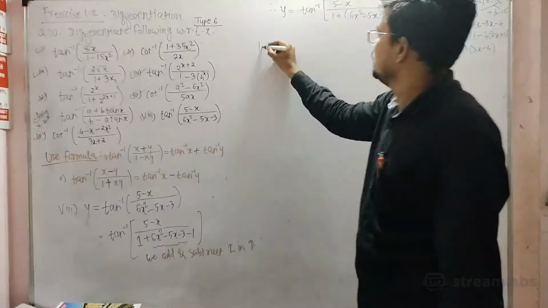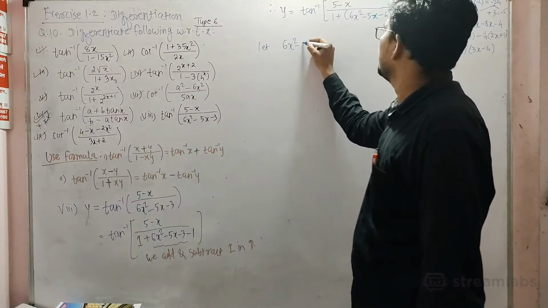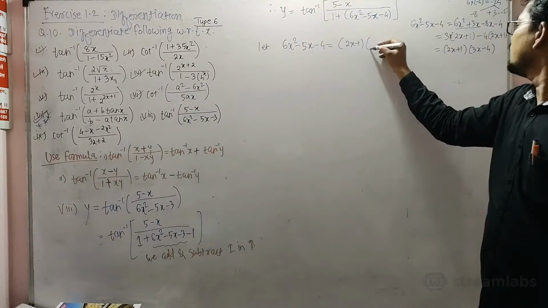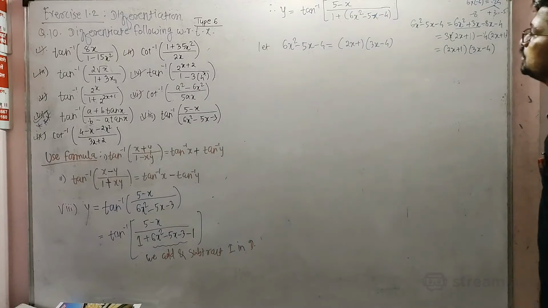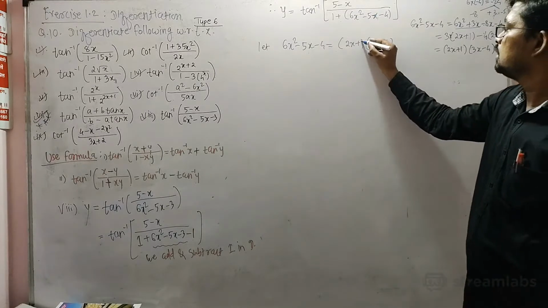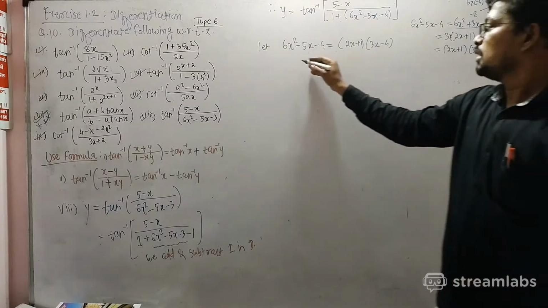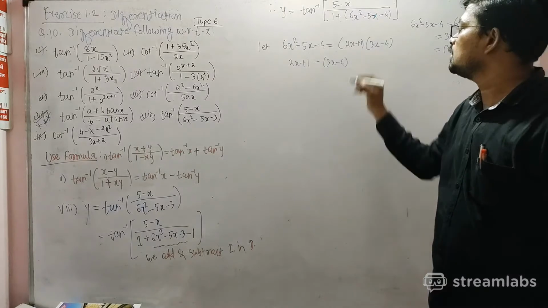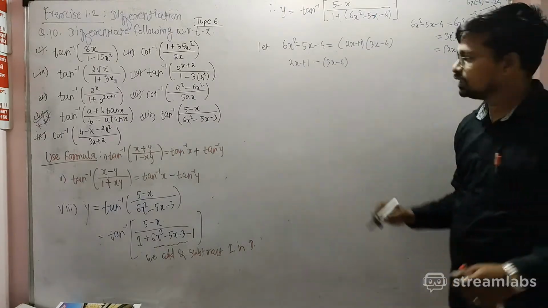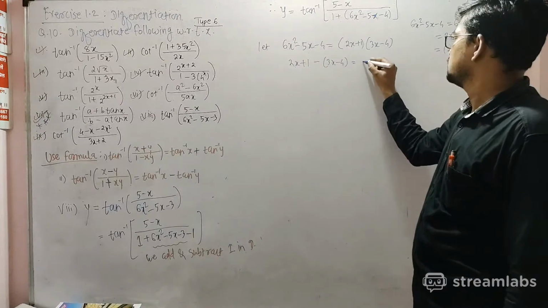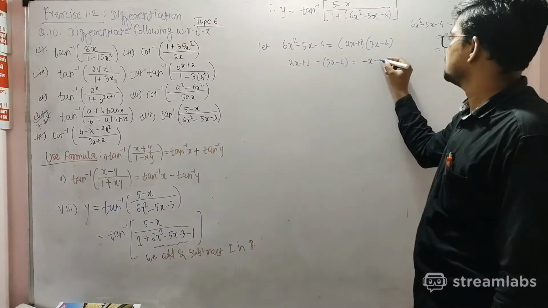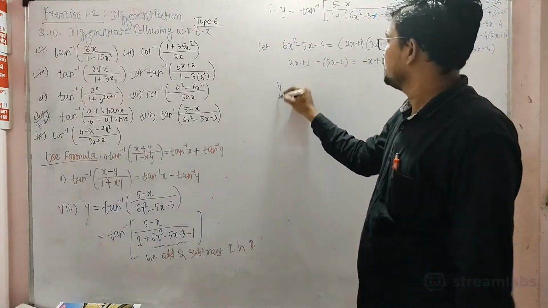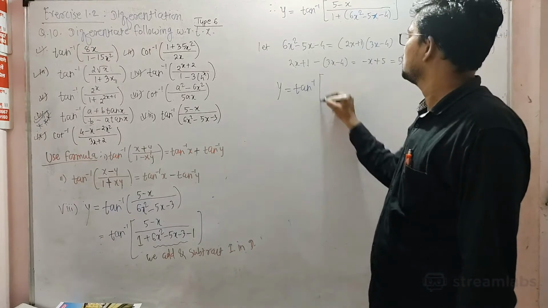Now let's see here, 6x square minus 5x minus 4 is nothing but 2x plus 1 and 3x minus 4. So if we take 2x plus 1 minus 3x minus 4, what do you get there? 2x minus 3x is minus x, 1 minus minus is plus 5. So 5 minus x. So we can write y is equal to tan inverse of